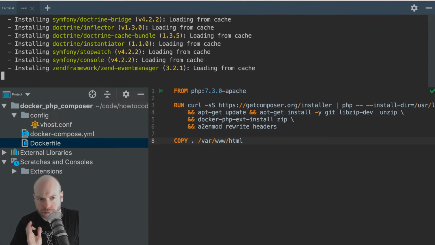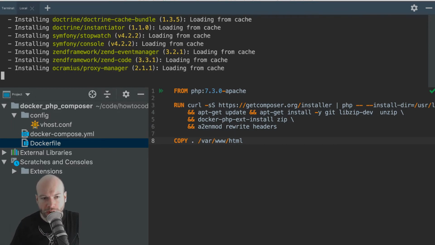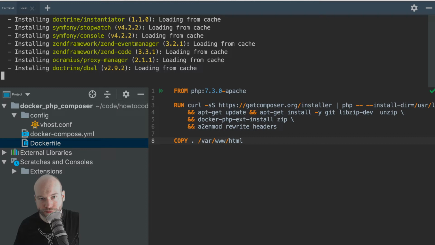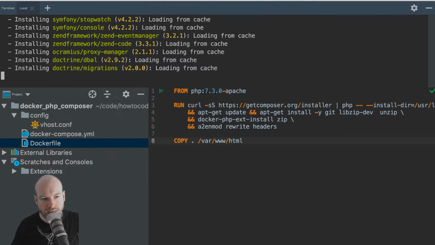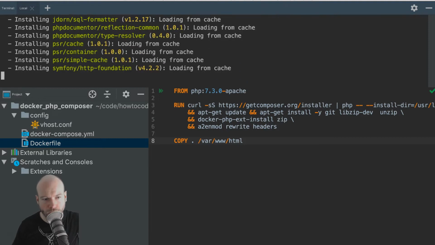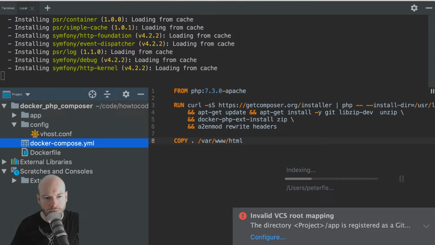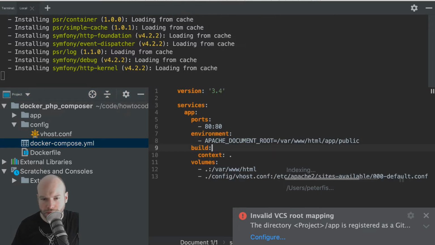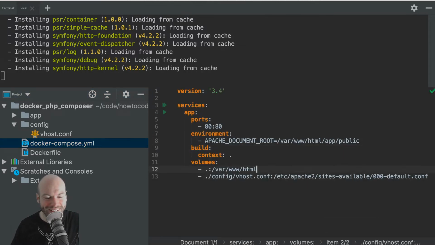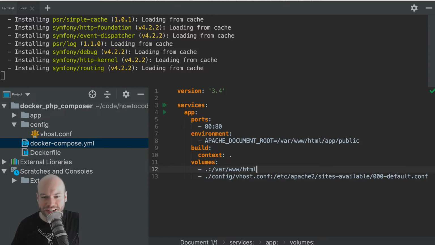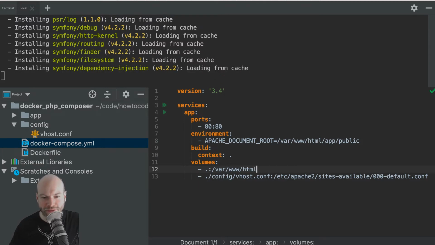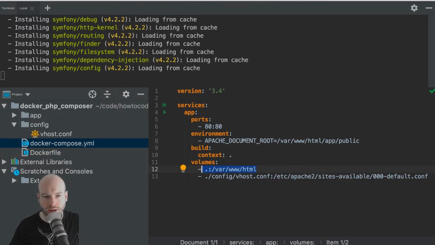Now, the thing to remember here is that we're installing this within the container. And we've bind mounted the current working directory, or in the Docker compose file, we've bind mounted var www to this container.